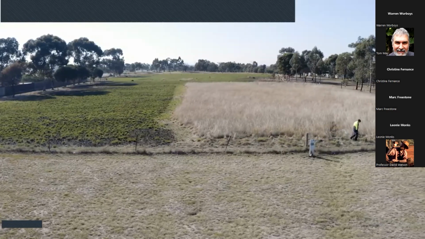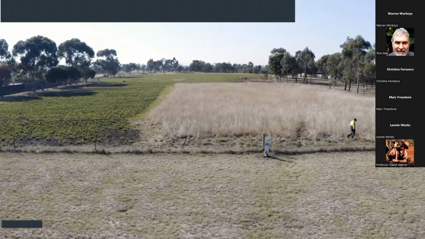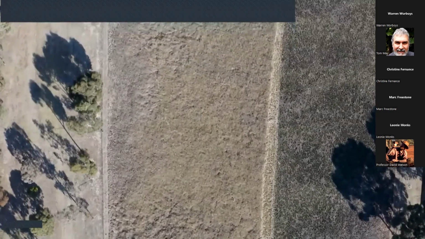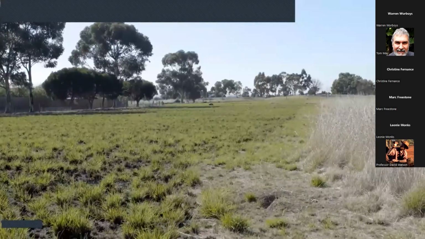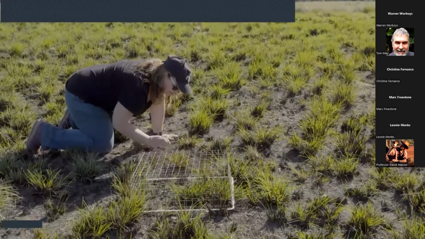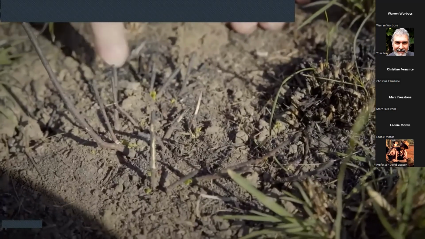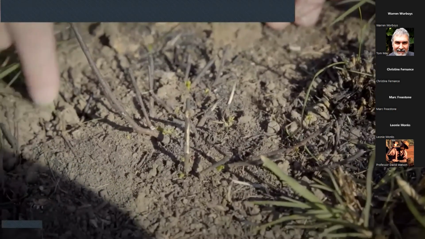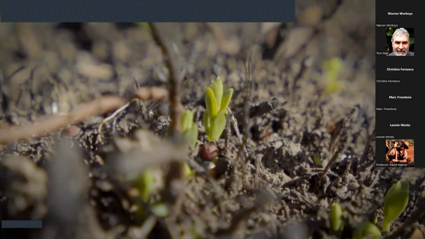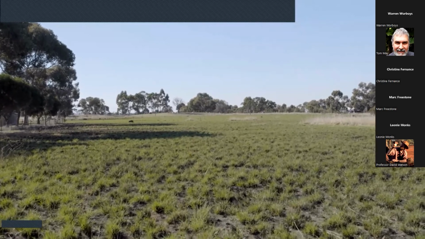The other thing Brimbank has done, which is critical to the recruitment of Pimelea spinescens and the health of the grassland as a whole, is reintroduce a 2 to 3 year fire program. This is the plant recovering after its burn at least 3 weeks ago. You can see all the new growth on it. They need fire to be healthy, to promote germination of seed and to open up spaces. It's vitally important.